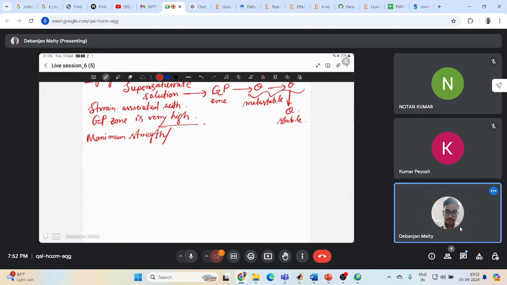So, what I was talking about? Maximum strength. Yeah, okay. So, I was talking about this. When we get maximum hardness or strength, right? Maximum hardness will be at GP2. Perfect. So, when the amount of this theta double dash precipitates,